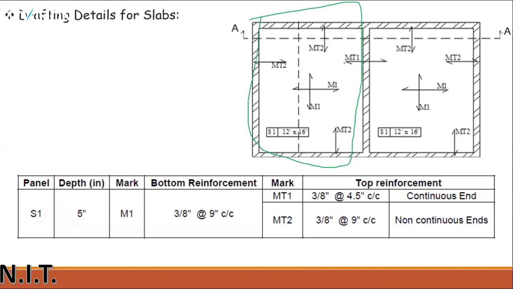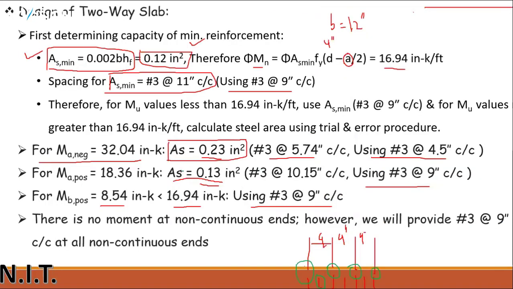This slab, this is MT1, the continuous end, MT2, MT2 and MT2, these are discontinuous ends, and M1 is at the center, the positive steel. So the positive moments which are available, MA positive and MB positive, are the same value. So that's why